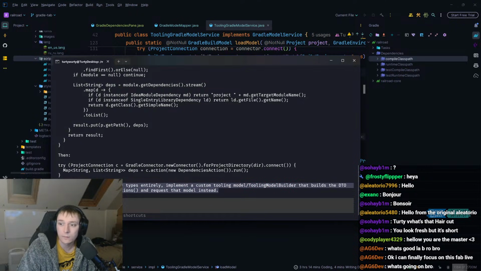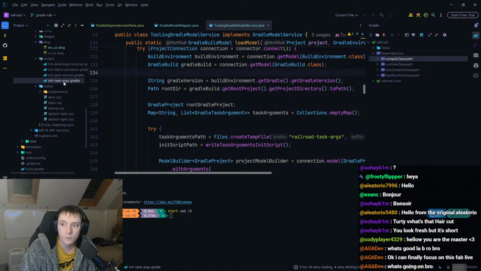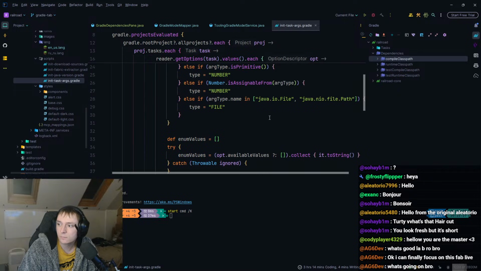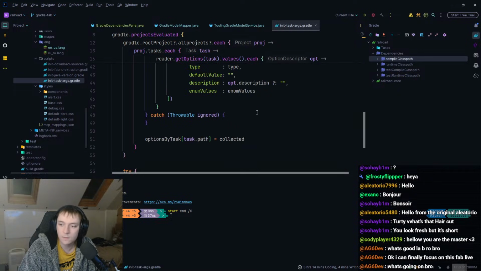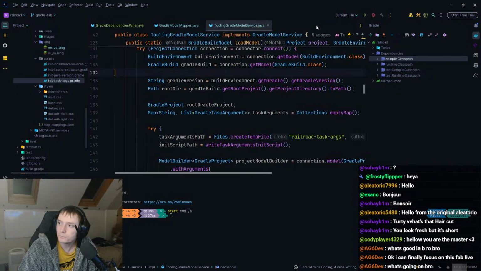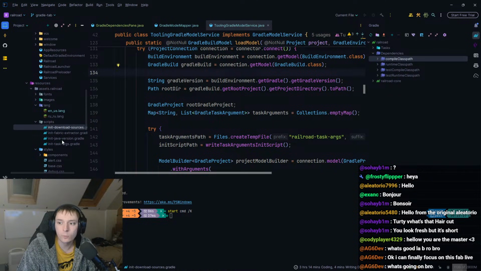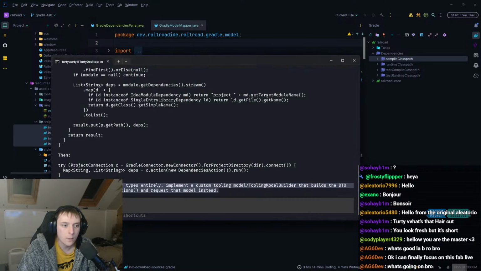And technically, we don't need another project. Like, technically, I could do it in a single file in the scripts, which is actually what I did with these task args, because I didn't want to make a new project for this. I mean, really, I should have all of these combined into one single project and then just run the specific task I want to run, but I haven't done that, so